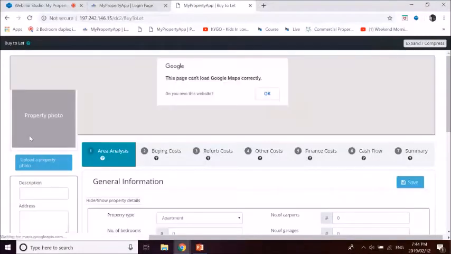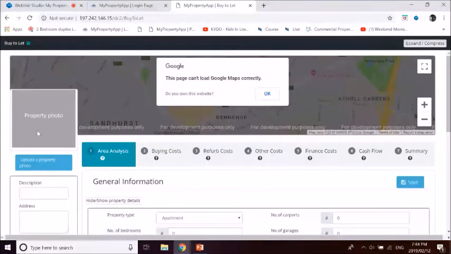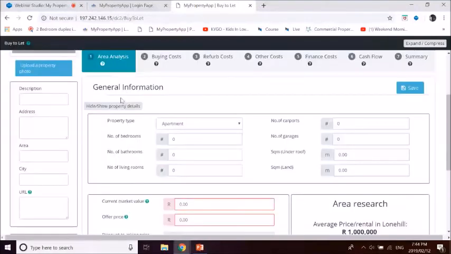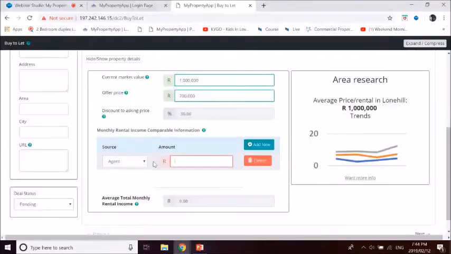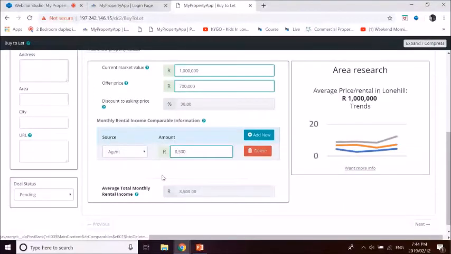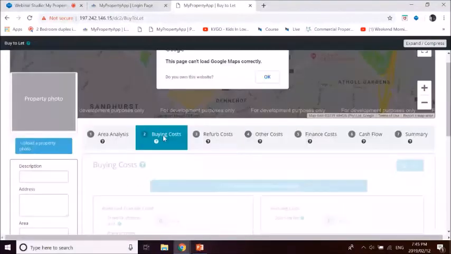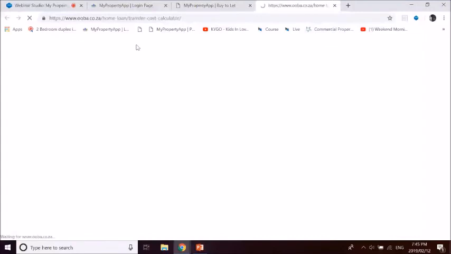Then rental increase, right? If you're in the right area, there should be an increase in rental every year. In this area, it's quite an up and coming area. It might be a 10% growth. In 10 years' time, 1,000 Rand today is not the same as 1,000 Rand in 10 years' time. So including the discount rate of 10% will tell you what your money will be worth in 10 years' time in capital appreciation.